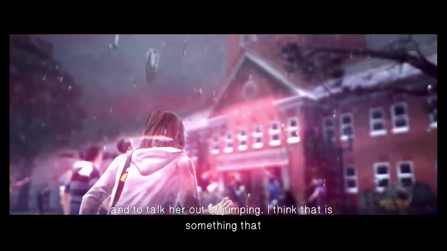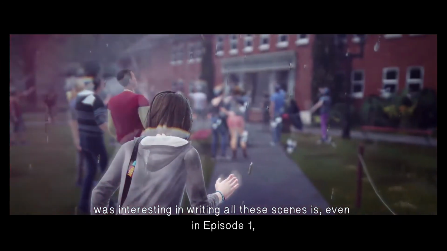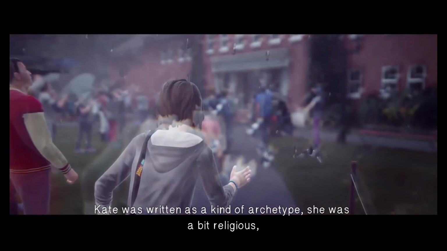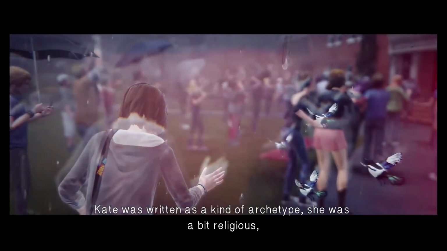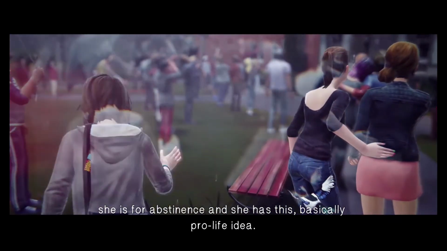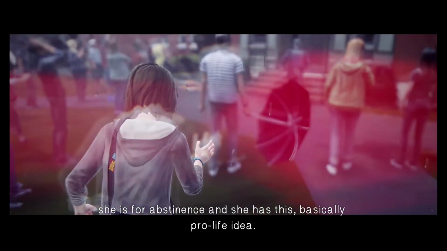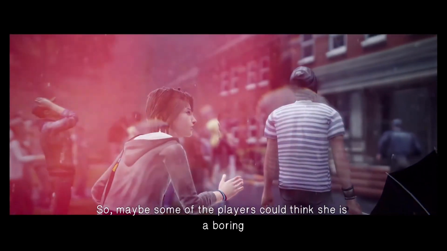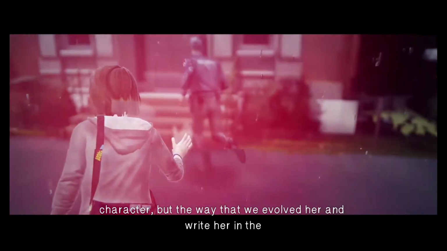Something interesting in writing all these scenes is that even in episode 1, Kate was written as some type of archetype. She's a bit religious. She's for abstinence. She has basically pro-life ideas. So maybe some players could think she's a boring character, but in the way we evolved and wrote her in the other episodes,